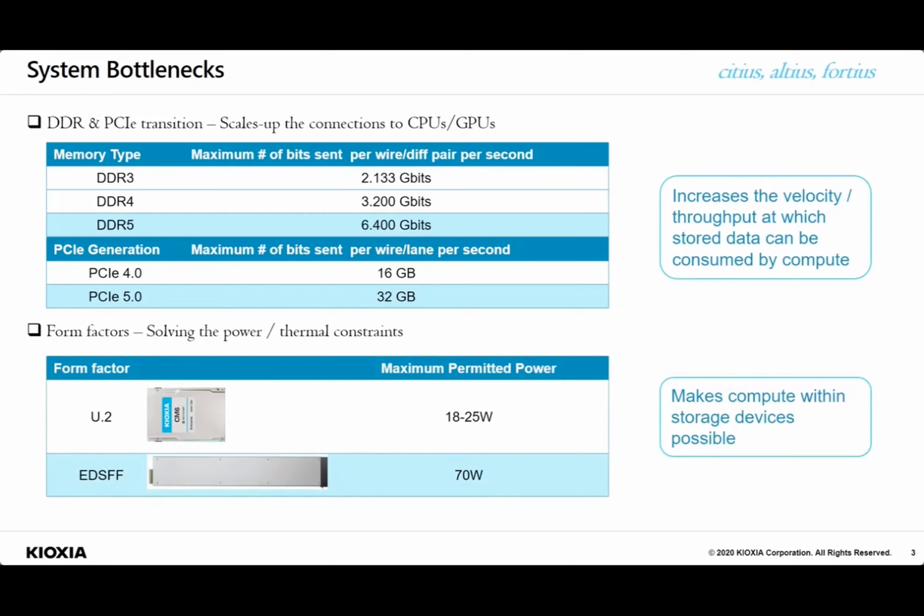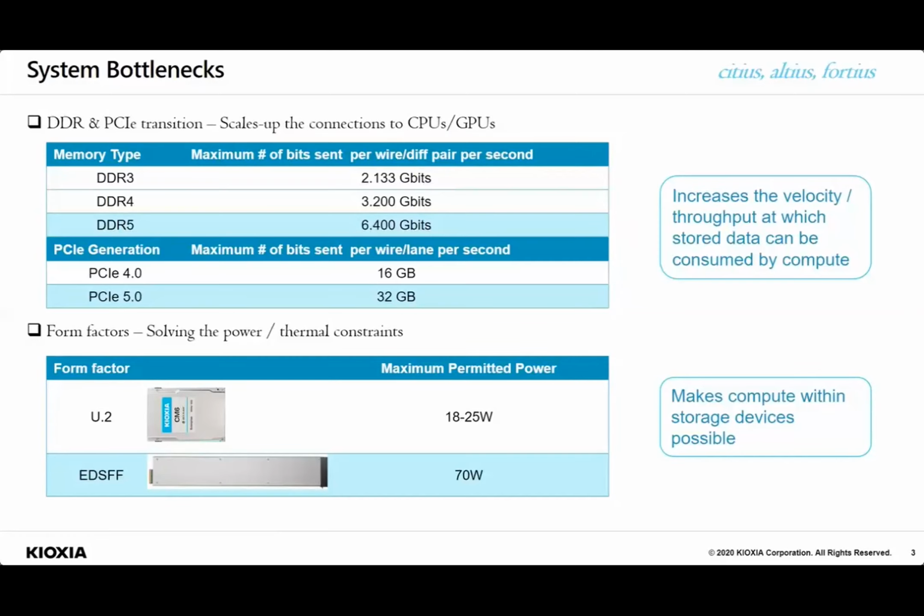Storage devices are also getting help on another constraining factor, namely power. The familiar 2.5-inch drive, also known as U.2, is power limited to 25 watts today. These devices will eventually be phased out and will be replaced by those which conform to the EDSFF standard that allows up to 70 watts of power consumption.